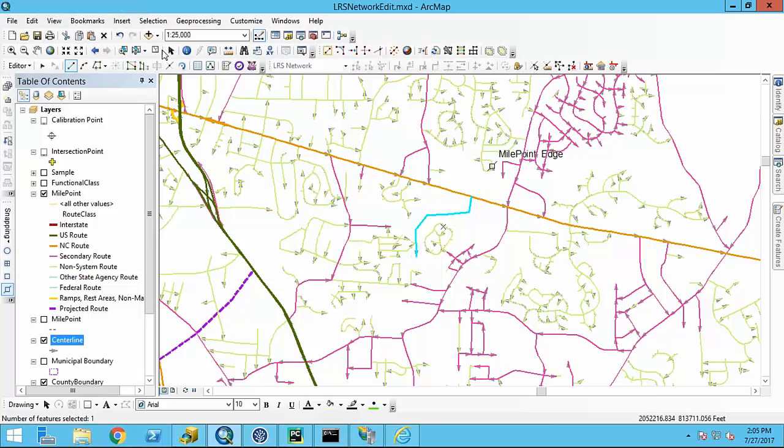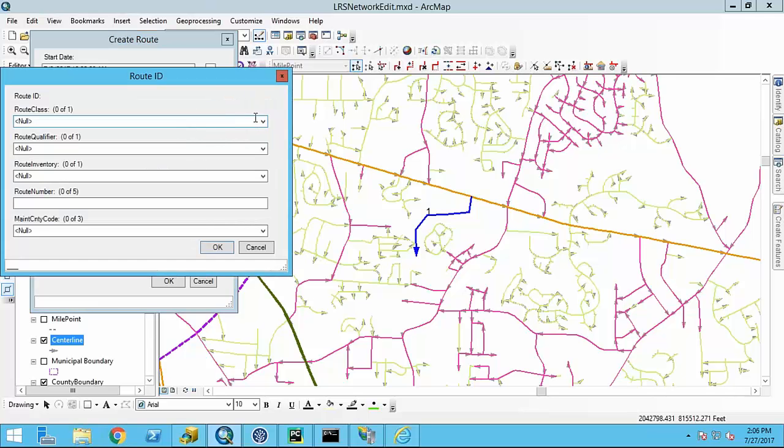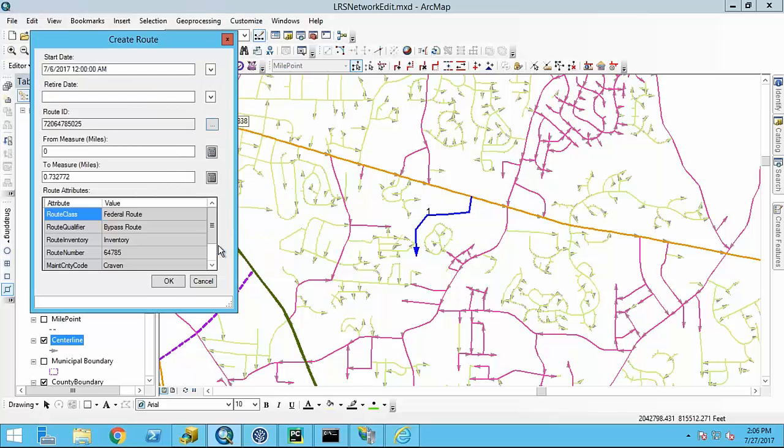First off, we'll create a new route. Many of you have worked with this or have seen us work with this in past webinars. If you're curious about the details of what I'm doing, that webinar is a great place to get that information. You can see I'm very carefully choosing all of these things.